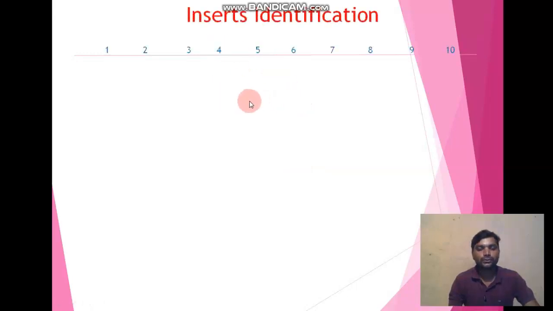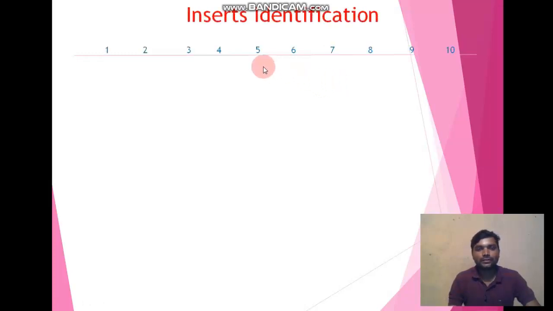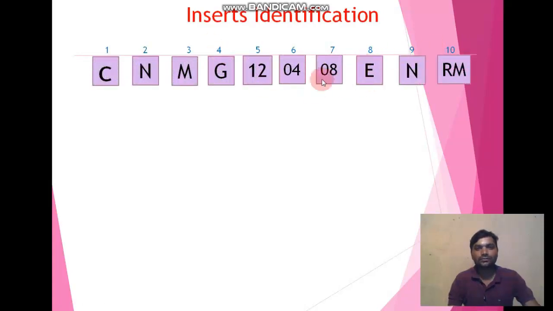According to the American National Standard, the identification of inserts includes 10 positions, and each position is indicated by a capital letter. These 10 positions define the insert identification, or give the information of the insert. Let us take one example. Each position has some special characteristics, so let us discuss them one by one.